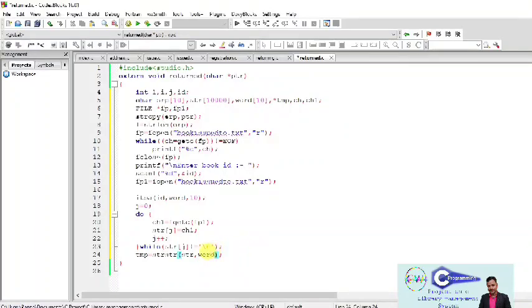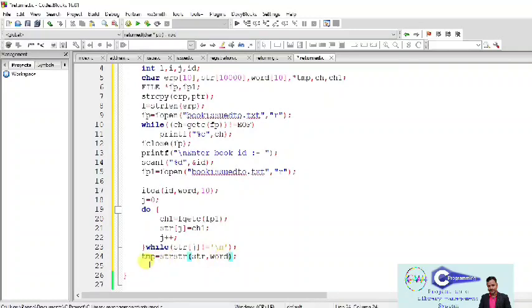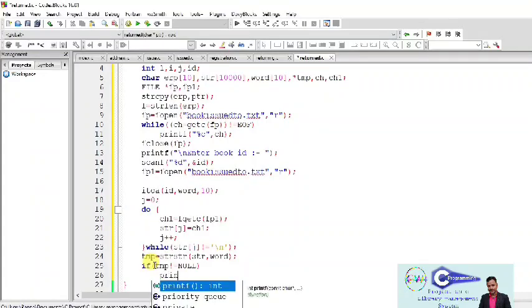If the value of word, that is erp id, is found in this string, then it will return the address of that position where the value of erp id is present. Otherwise it will return null, that is temp will be null if no erp id is found. Sorry, no book id is found in that file. So here we will check if the value of temp is not equal to null, it means the value is found. If the value is not null, then print